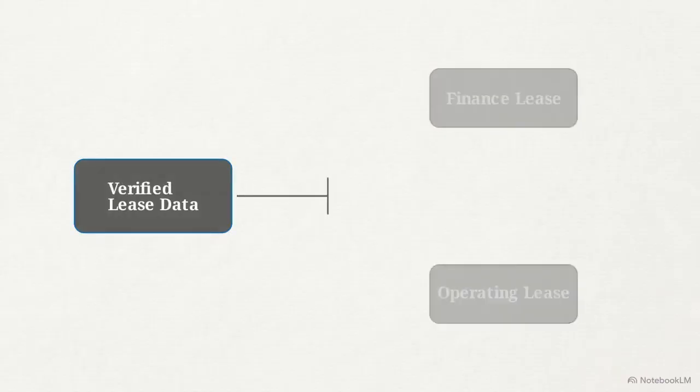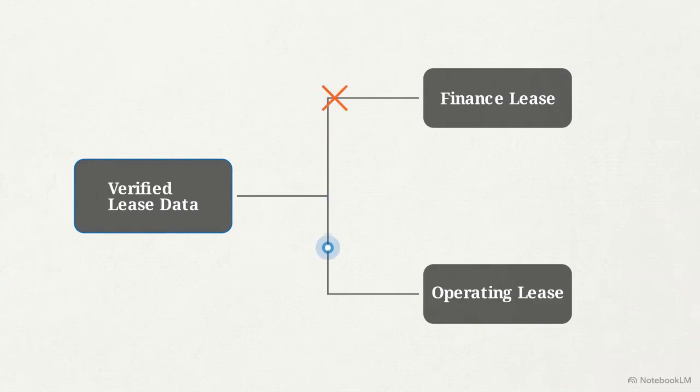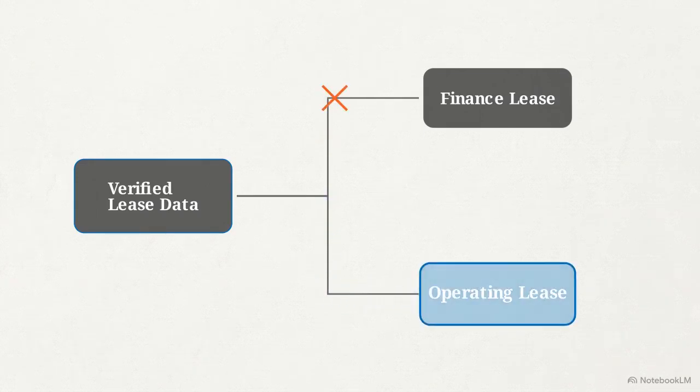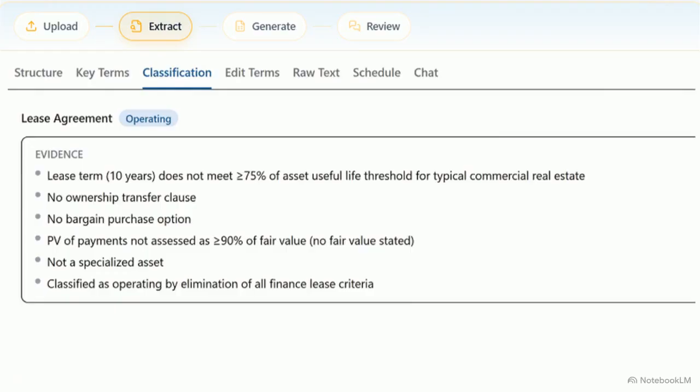With the data verified, we move to the classification stage to determine the appropriate accounting treatment. The platform runs automated tests against strict finance lease criteria. Here on the Classification tab, it has already assigned an operating lease batch. It provides the exact evidence for this decision. The bulleted list shows the 10-year lease term does not meet the 75% useful life threshold, and there is no